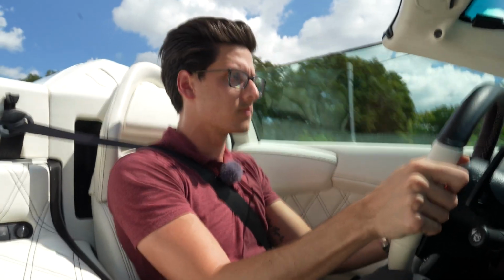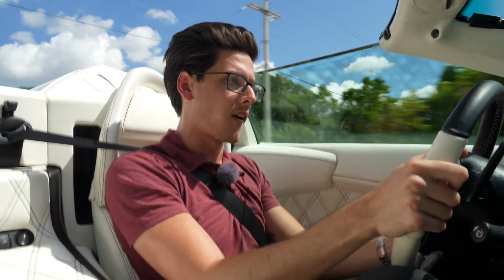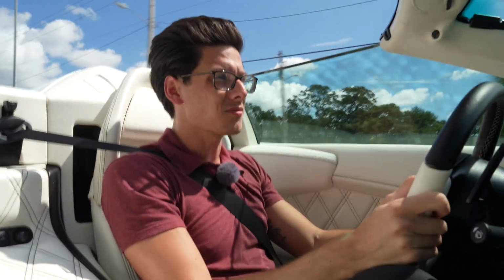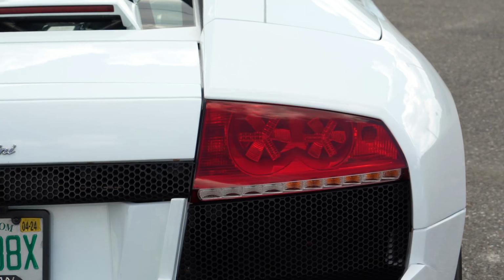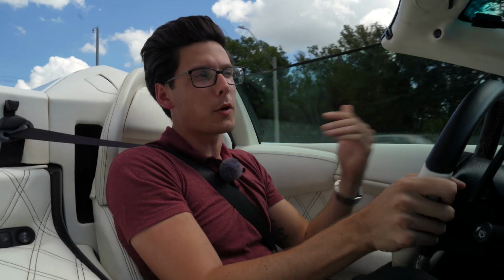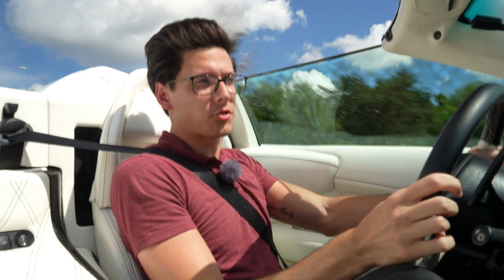Steering is heavier in the corners. This is not this car's sweet spot, but you'll survive. Let's talk about weight for a second, because this is not a light car. It was just shy of 4,000 pounds, about 3,800 pounds, give or take. And even though it feels biblically enormous, she's a big girl, once you're on the straights,